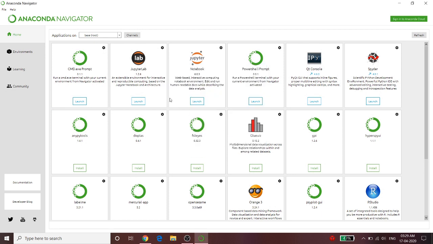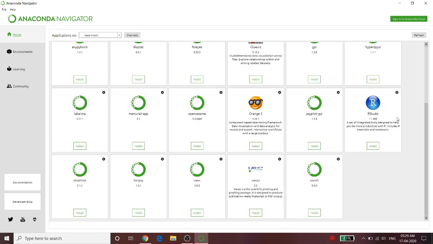Okay, so as you can see, it has different features or software. So CMD prompt, which I just have to click on launch, or Jupyter Lab, Jupyter Notebook, PowerShell, Qt console, Spyder, and a few of them which, if we need, we can install. Just like RStudio, if we click on install, it will start downloading RStudio and the associated